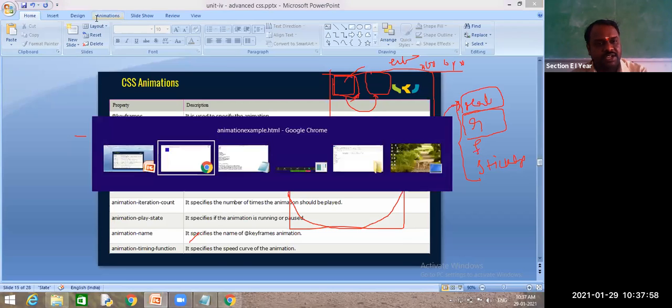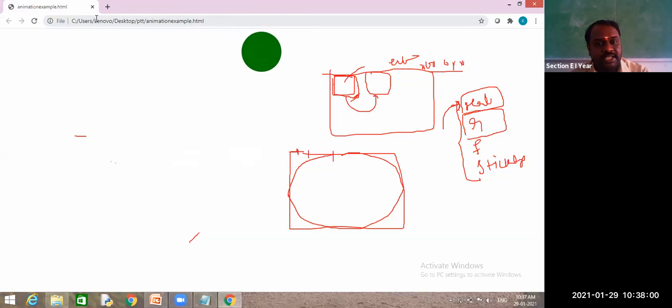By default, it is ease. I will tell you all 5 values we have, and we will learn them one after the other. The first one is from starting to ending, the same speed, with no increasing or decreasing. So with the same speed, I want to apply this animation.